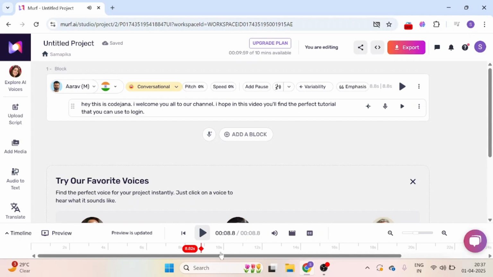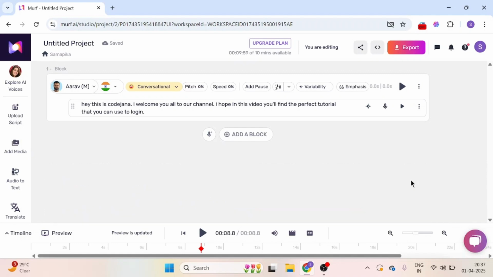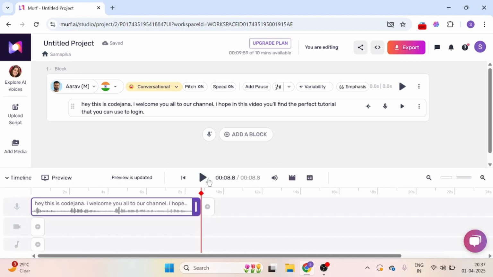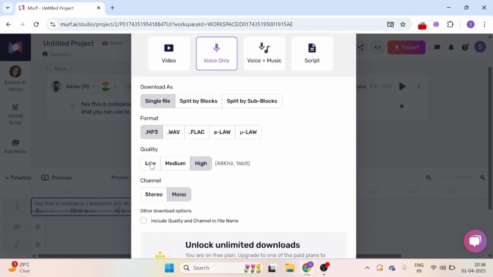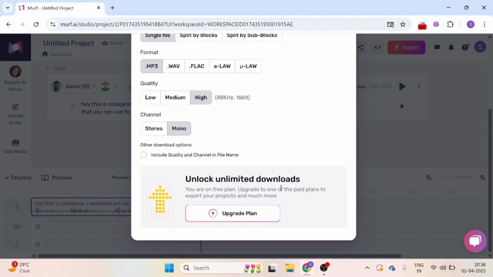Once your preview is done, you can bring up the timeline. And then you can also add videos or images here. Then if you feel satisfied with the audio you have just created, click on the export option and download your preferred settings. After selecting your preferred settings, you will be able to download it, although it is for the upgraded